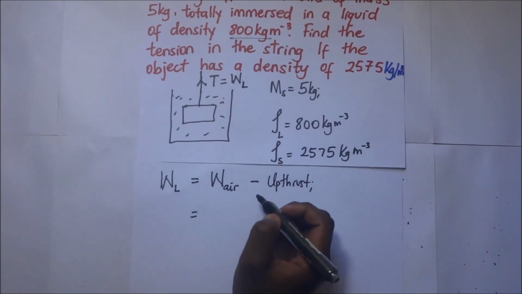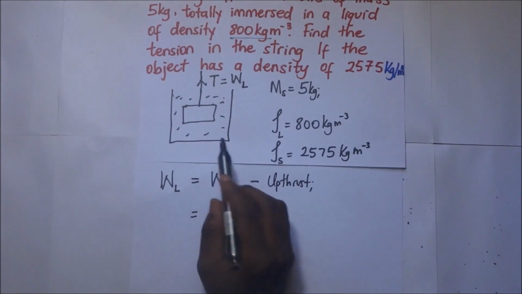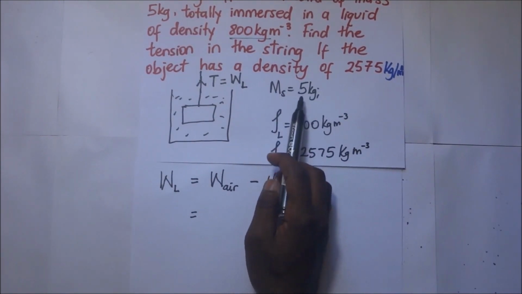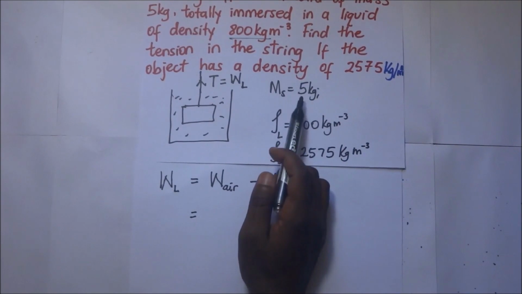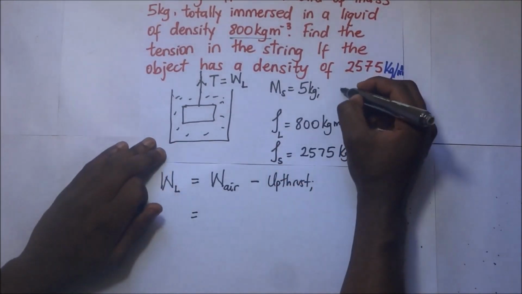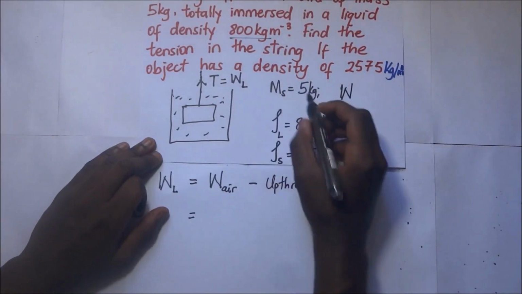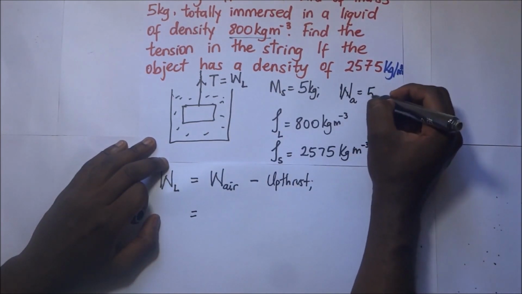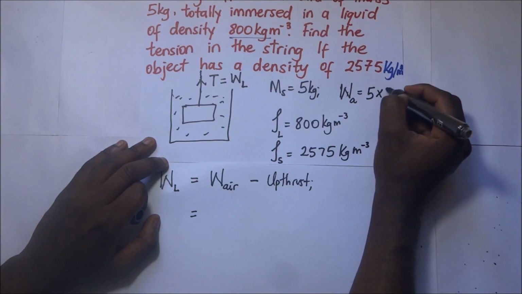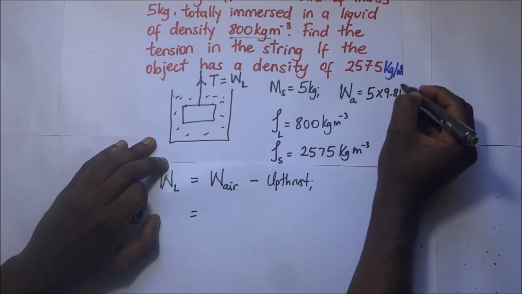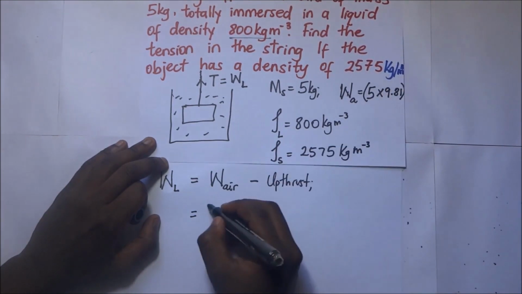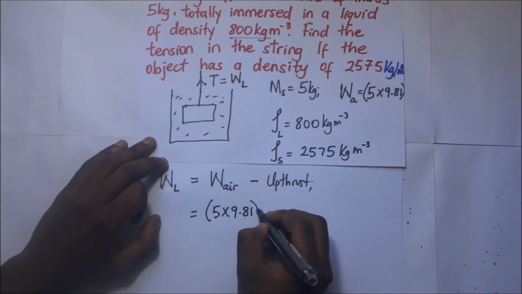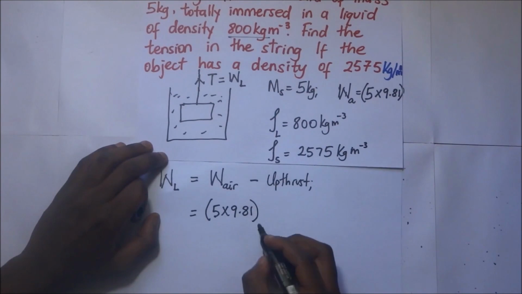And this is still going to be given by, now what is the weight of this thing when it is in air? We have the mass of the solid. We do not have the weight, but we can still find it. The weight of this solid when it is in air is given by 5 kilograms multiplied by the gravity, which is 9.81. So this is going to be 5 times 9.81. That's the weight of this solid in air,